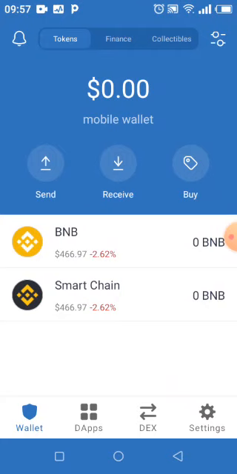So this is basically how the interface of a Trust Wallet is. Now, inside this wallet, you can only see two different, it's just one. This is BNB, but they have two different networks. This BNB you are looking at, it's the BEP2 network BNB, while the smart chain is the BEP20 network BNB. So I can as well add